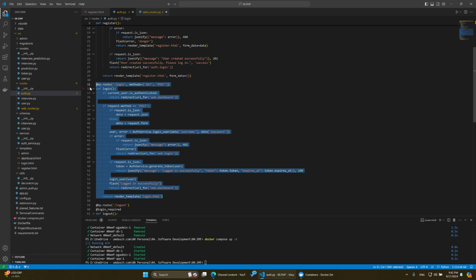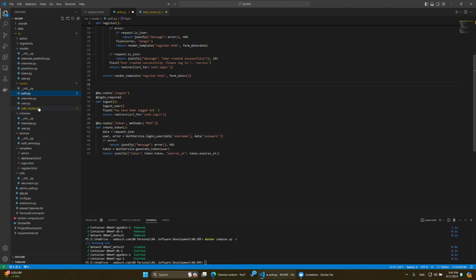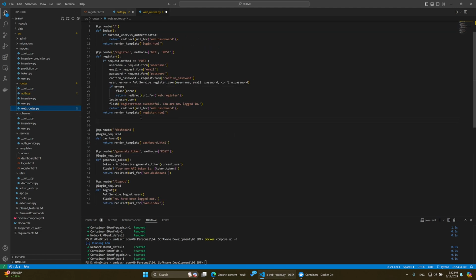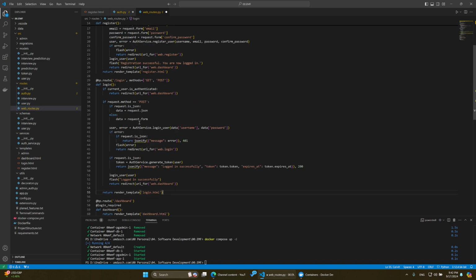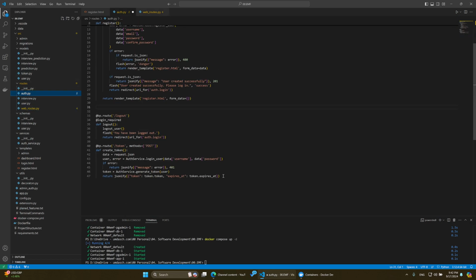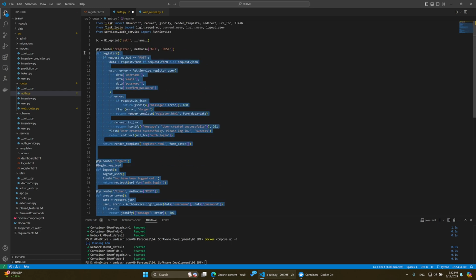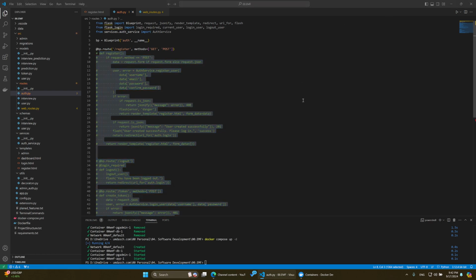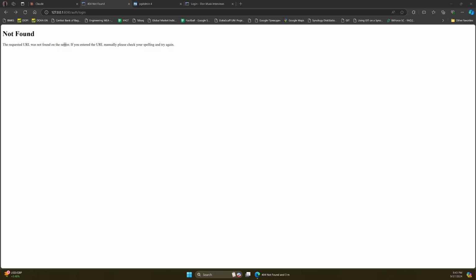it renders it. So what I'm going to do is simply move this one here, and I'm going to get rid completely of auth. So here the remainder is these 2 methods. So I'm going to comment them out, and let's see if we're going to get some better results. So if I go here,